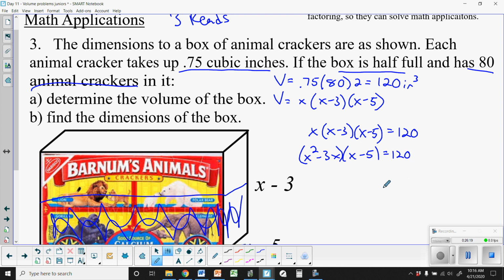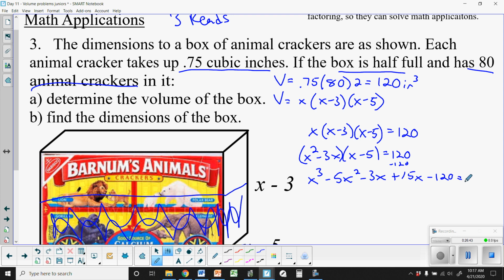All right, what do we do next? Keep multiplying, you're right. X cubed, x squared times negative 5x squared. Negative 3x times x, negative 3x squared. Negative 3x times negative 5, positive 15x. And then let's bring this 120 over. Minus 120